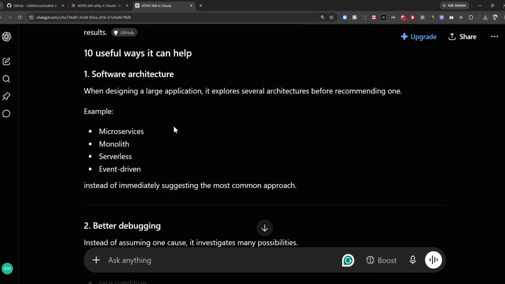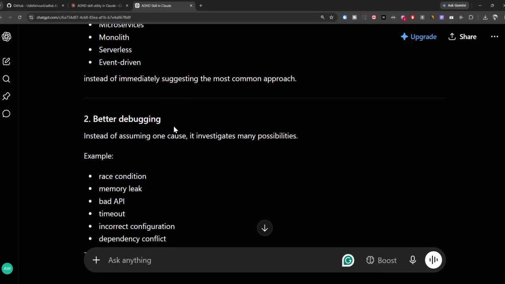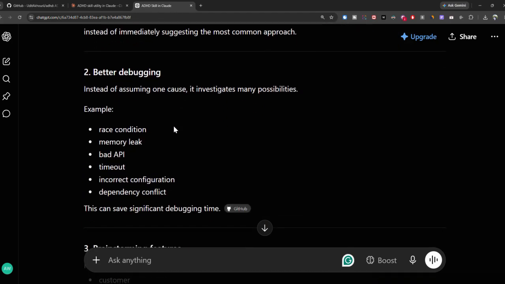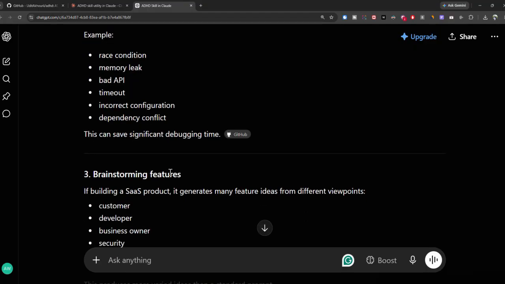For example, when you're designing a large application, it explores several architectures instead of just suggesting a common approach. Then it is also better at debugging, solving errors, finding bugs, timeouts, and dependency conflicts.